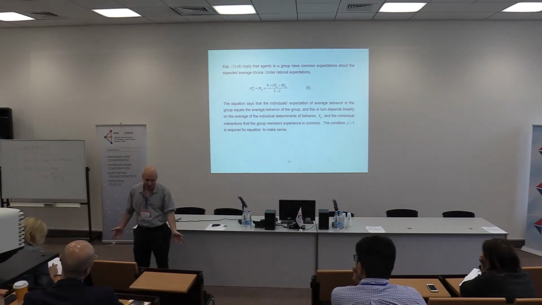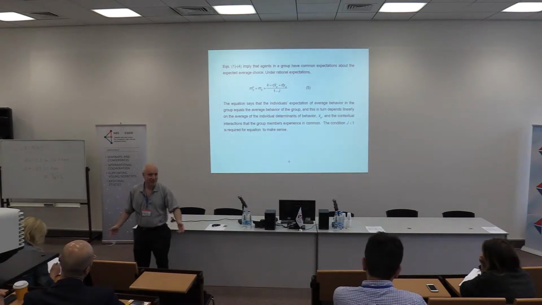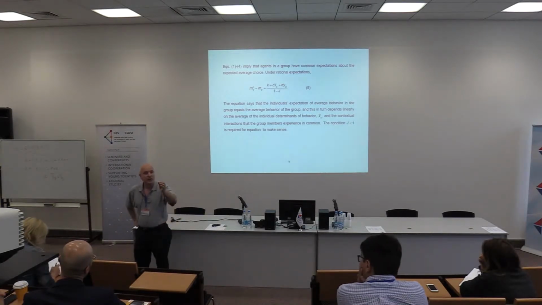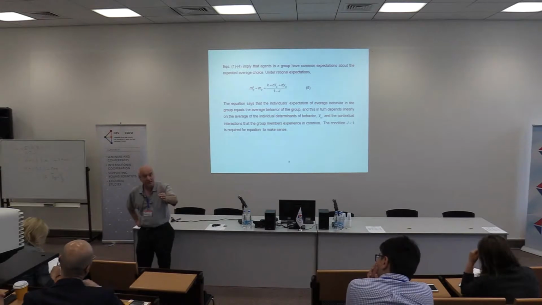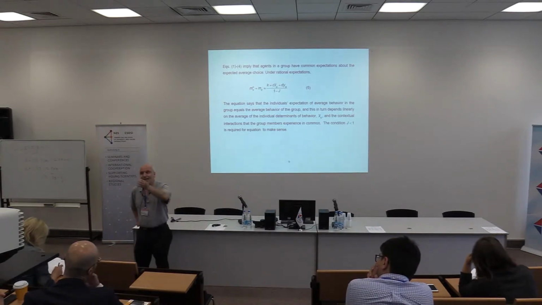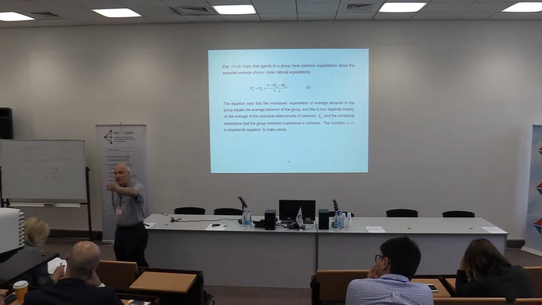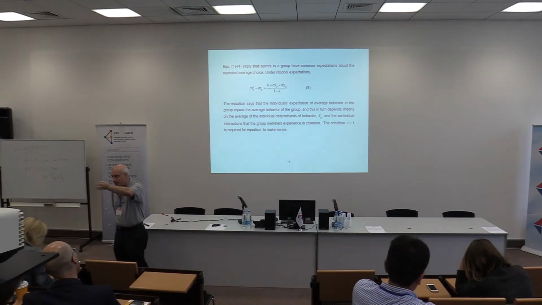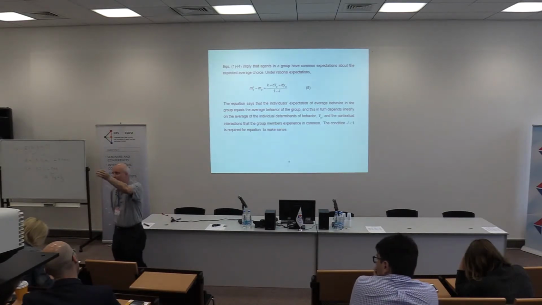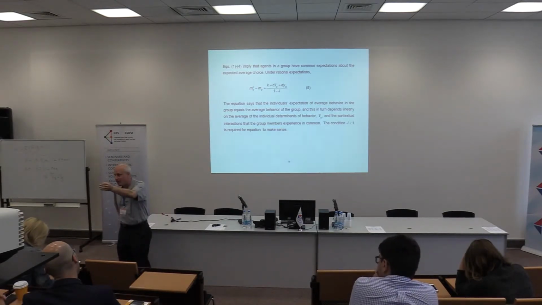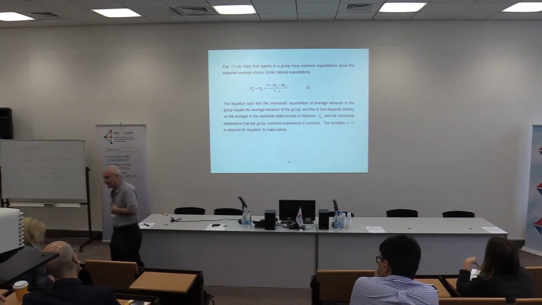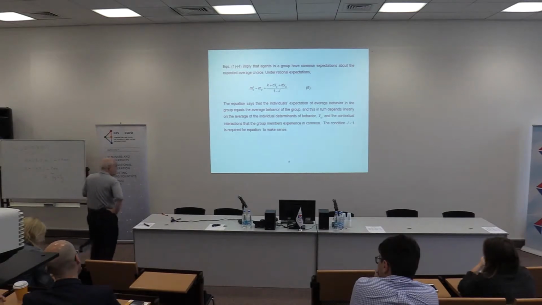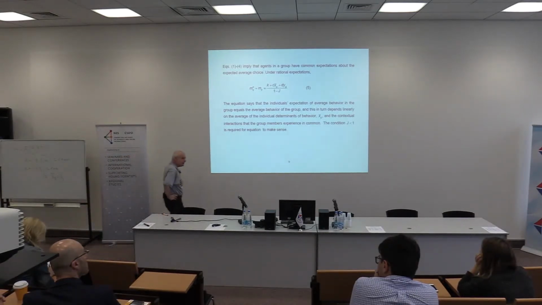It's like an exclusion restriction in classical simultaneous equations. In the social interactions literature, it has a very specific interpretation. I need the expected value of the averages to move around in a way that is not linearly determined by the y's. The way that can happen is that there's an x bar that's moving the m around that's not already included in the y's. And so that's a form of an exclusion restriction.